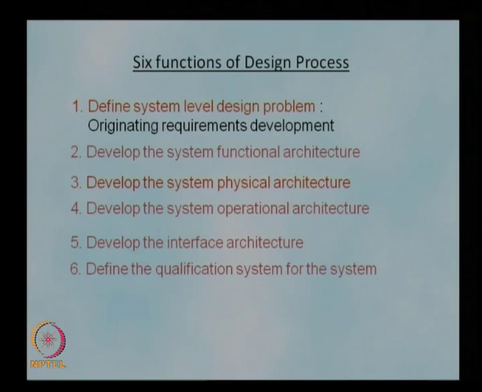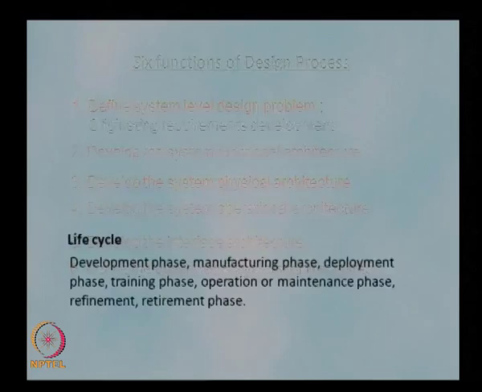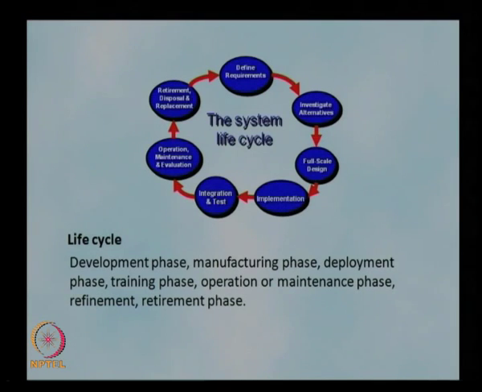And finally, once the system is ready, we develop a qualification system where we ensure that the developed system is qualified to meet the requirements of the customer. In this course, what we will try to do is to go through all these steps in detail, identify what the tasks involved in each stage or function are, and then finally develop the qualification system for the main system which will actually satisfy the requirements. As I mentioned earlier, this is applicable throughout the life cycle of the system. For any life cycle of the system, these 6 functions are applicable.